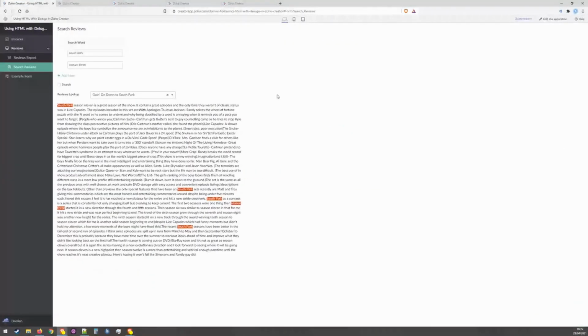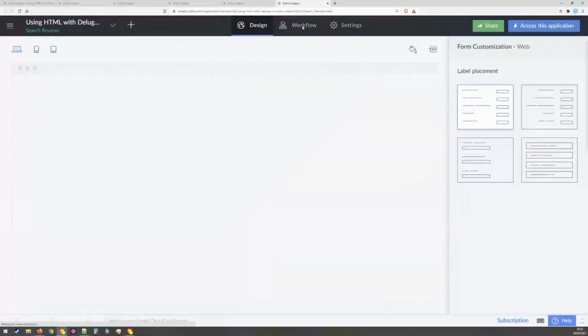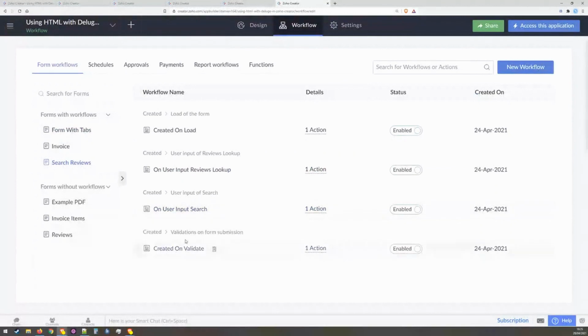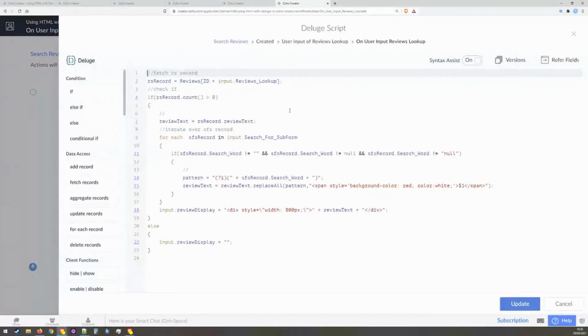So we can go ahead and, no, not that one. Sorry, we have to do this. Okay, workflow, and input of, no, this one. Okay, so essentially what we're doing is we're fetching our review record, we get our review text, we iterate over the subform with each of the search words, and here again we're using our regex to find the search word, and we use a replace all. Our pattern is our regex with the search word contained in it, and again we replace all that with our span and background color and foreground or font color,